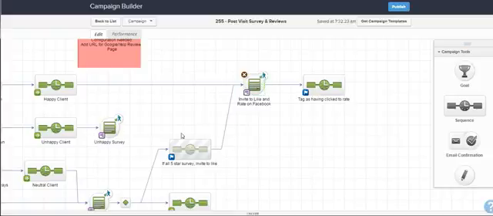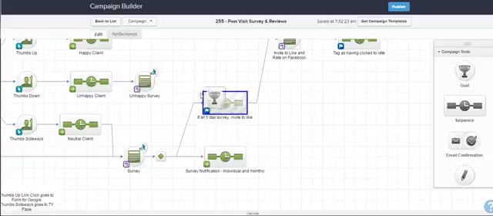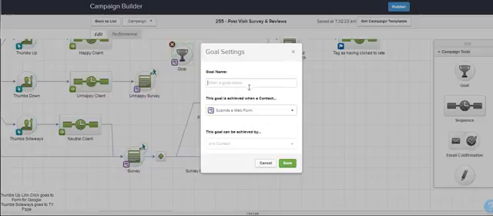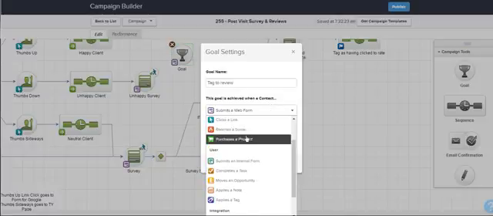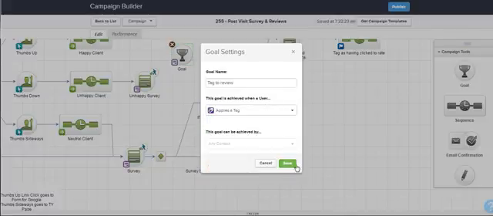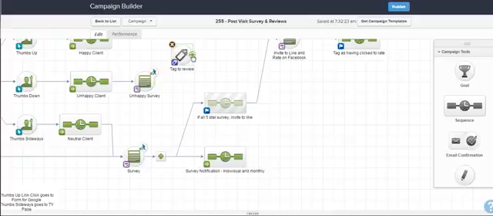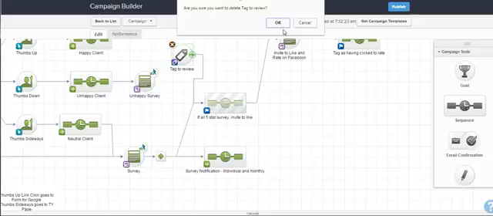So when someone fills that out, you could also include in here, maybe if you wanted to, create something like a tag. And let's say you create a new tag, you can use automation programs like Zapier. I think Zapier integrates with Infusionsoft. If you just want to tag a contact with a tag like "to review," and then you link that to the invite to review us, that way it would be easy just to tag someone and it automatically gets that custom email. So I hope that helps